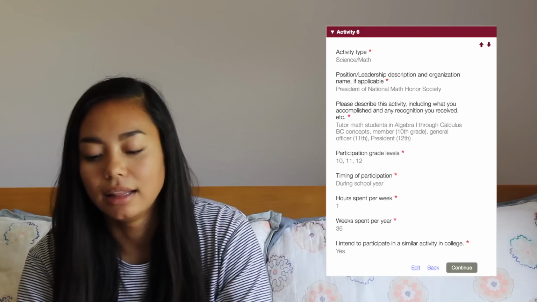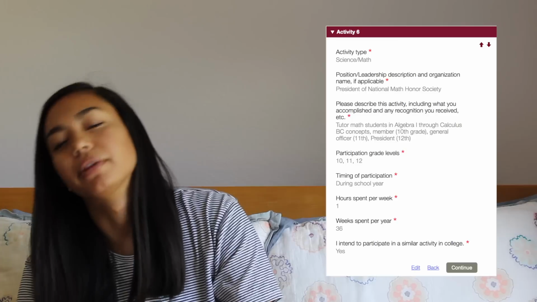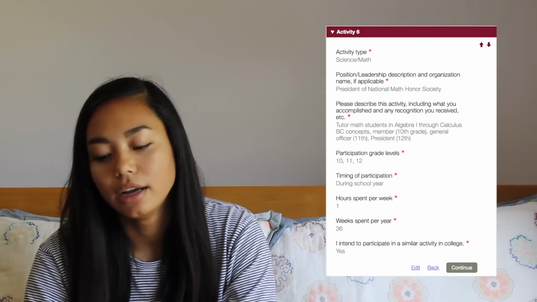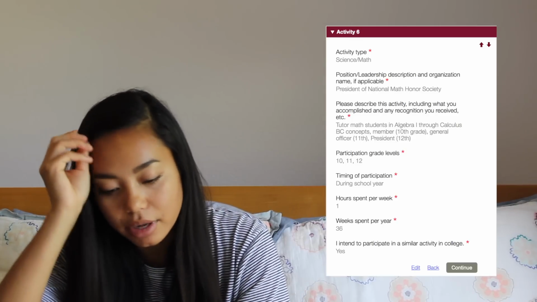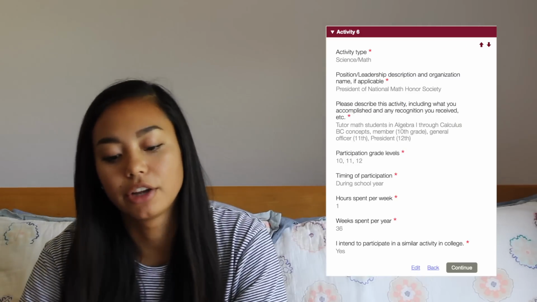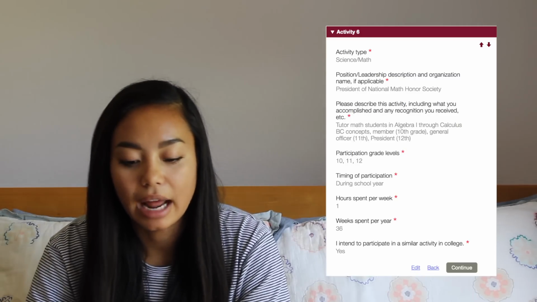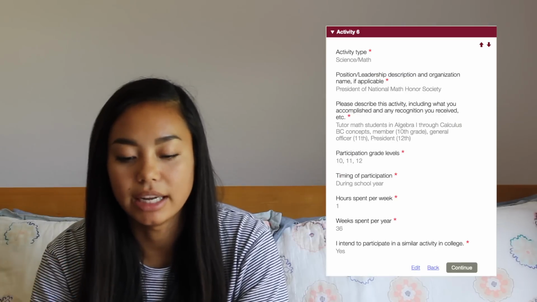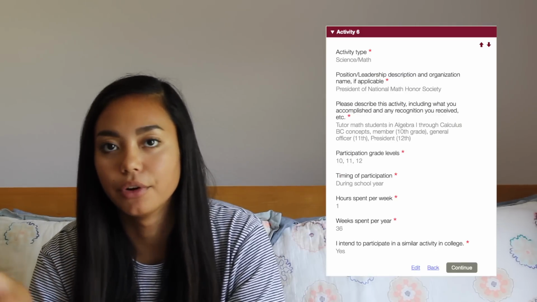But since it says leadership if applicable, I just decided to put the highest level that I was, because I couldn't fit all of them in this one line. So I described the activity. I put tutor math students in Algebra 1 through Calculus BC concepts, and then I put what my involvement or leadership was each grade that I was in it, and I was in it for 3 years,